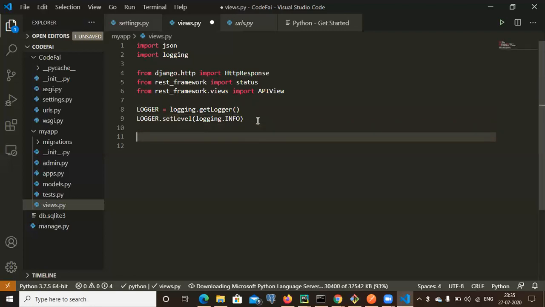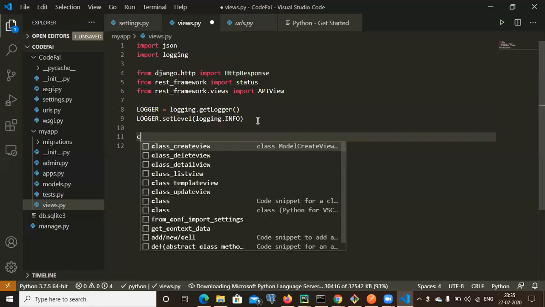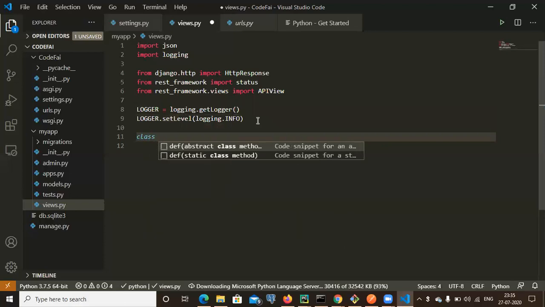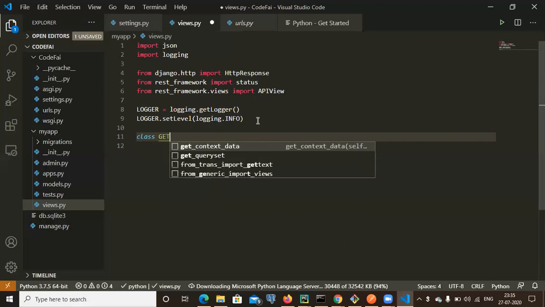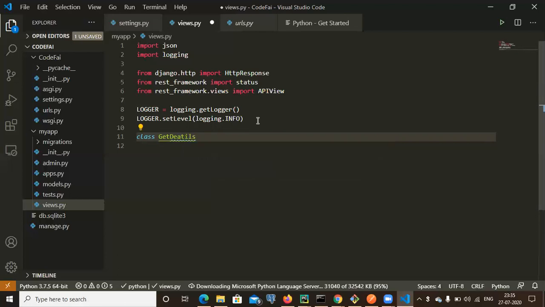And now I want to create a class over here. I want to give a class name, something like GetDetails.